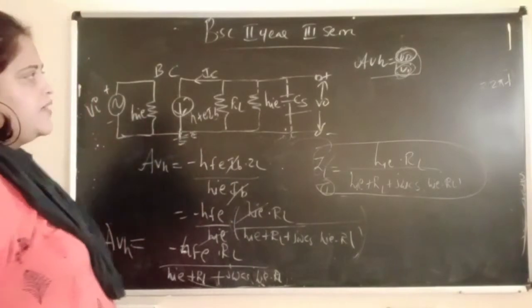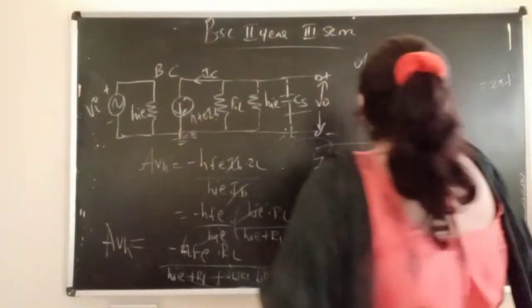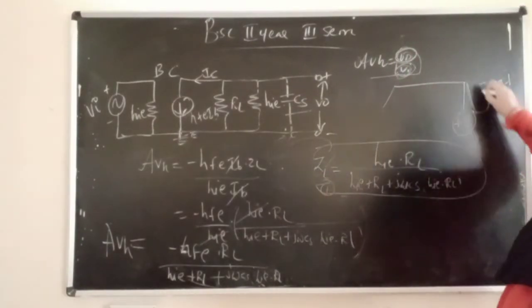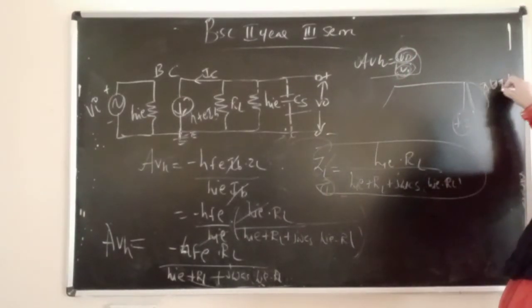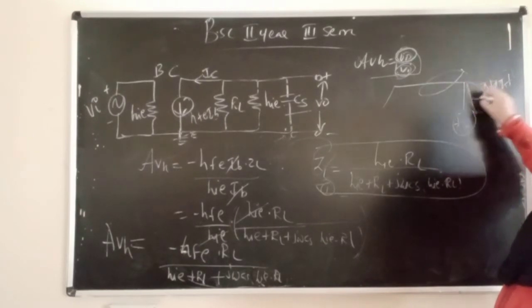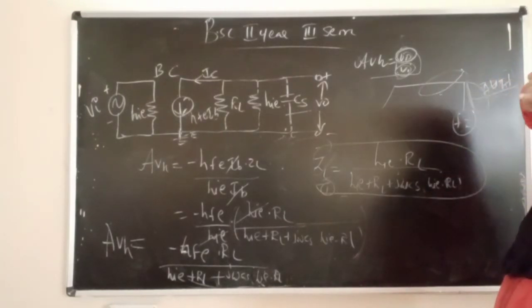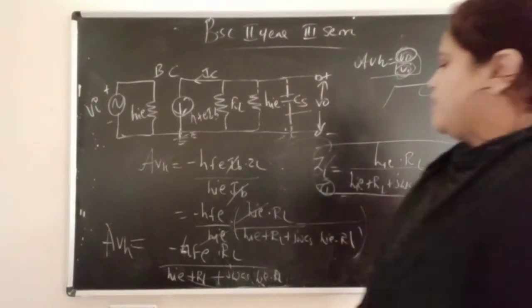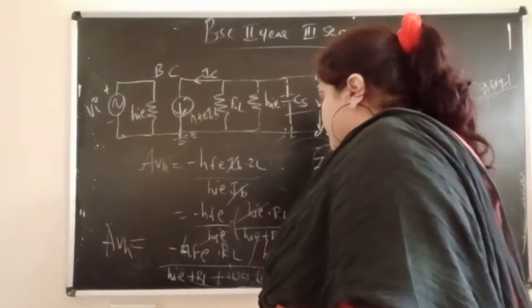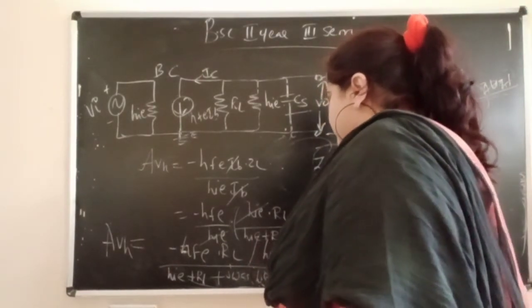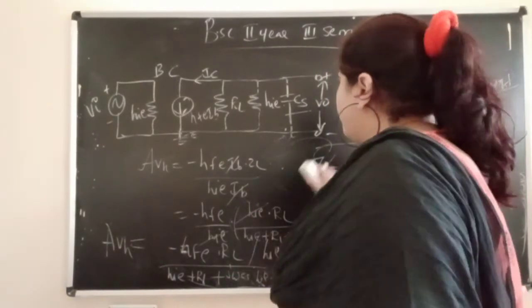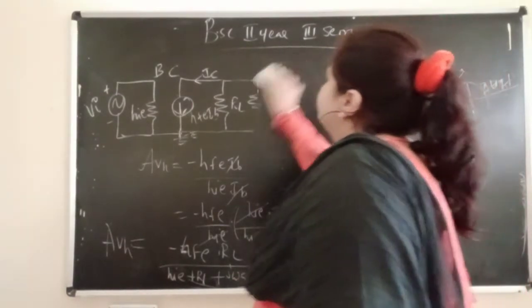AVH we got, but AVH is having what now? You should calculate F2, and the AVH formula is this. With AVH we join mid frequency. So in this equation we should write mid frequency also. So what we have to do? Simply divide this equation by HIE plus RL, and divide this also by HIE plus RL. Okay, what we will get now? We will see.